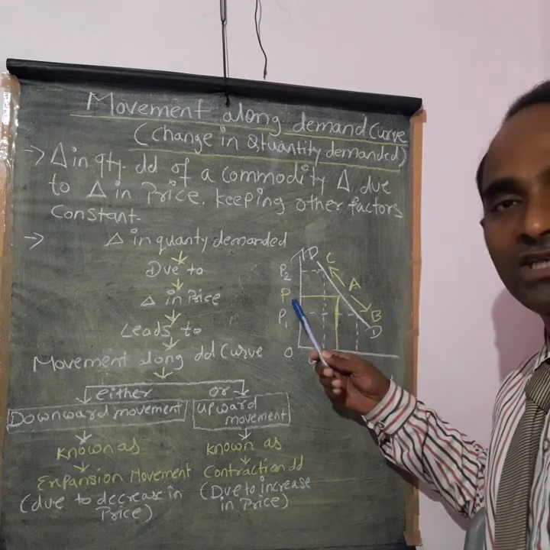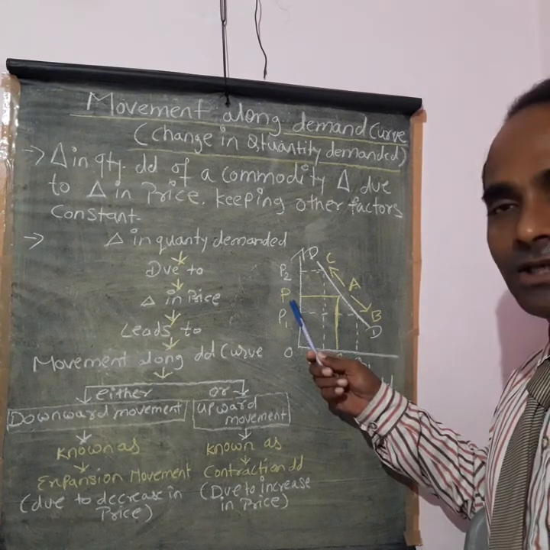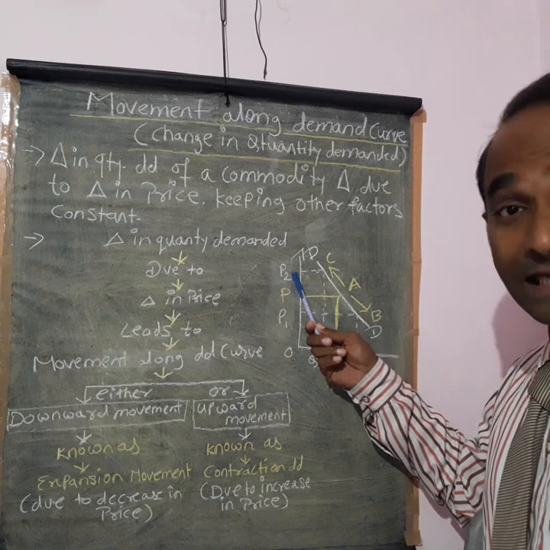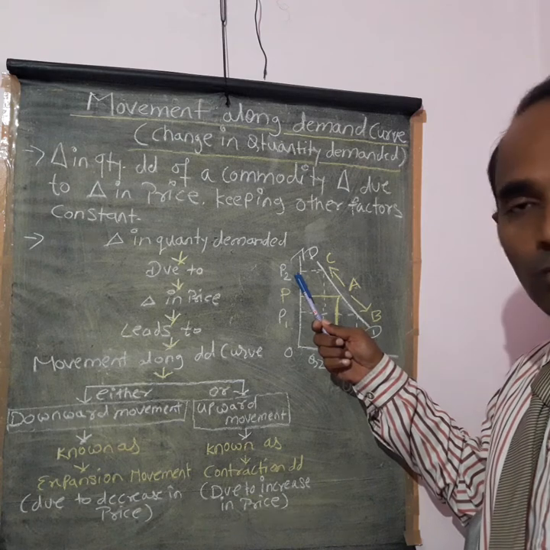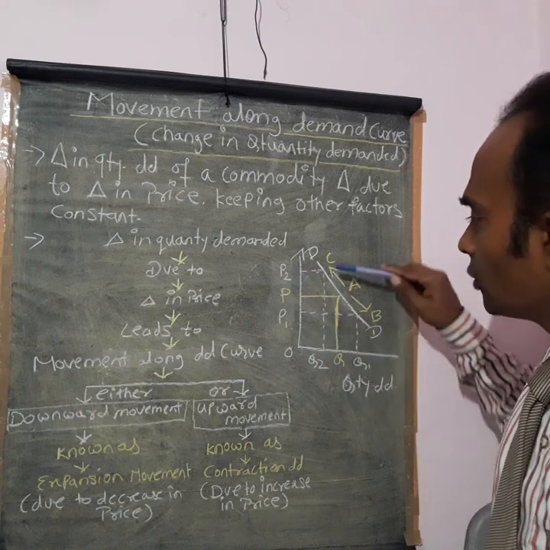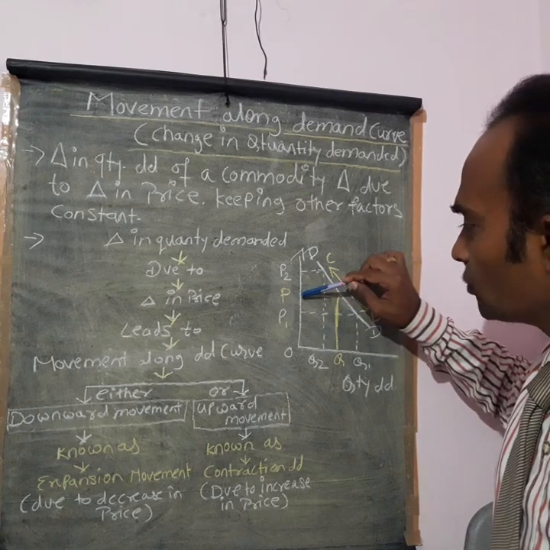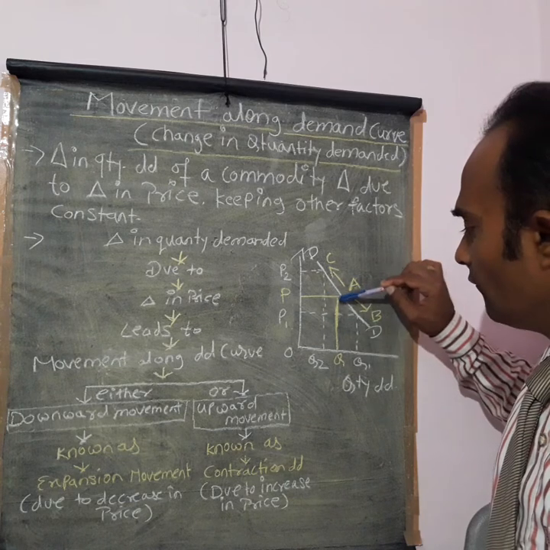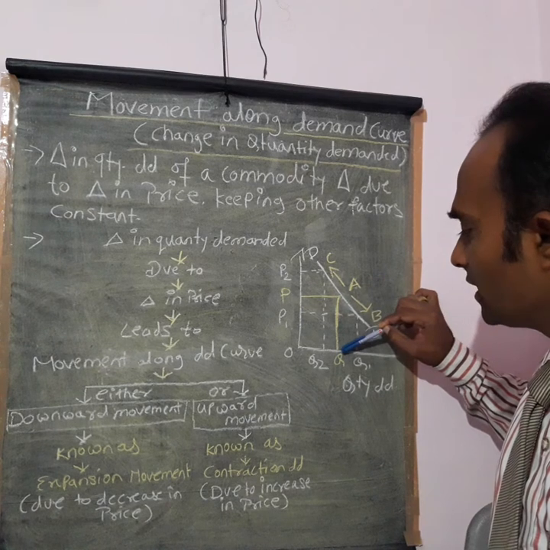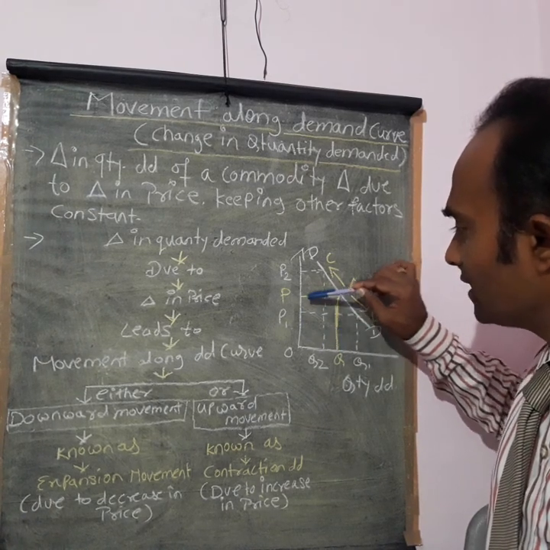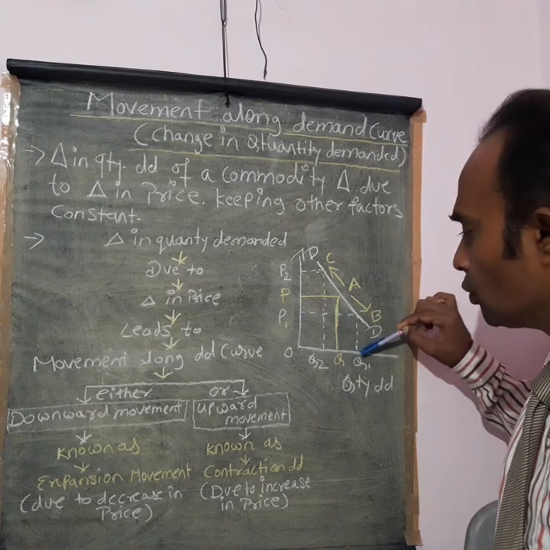You can see the same thing in this diagram, students, where it is clearly stated that when your price is P, which is the original price, quantity Q is demanded in the market. But when the price increases from P to P2, the quantity demanded in the market will contract. When the price falls, the quantity demanded in the market increases, that is Q to Q1.